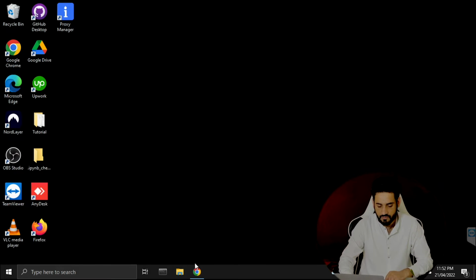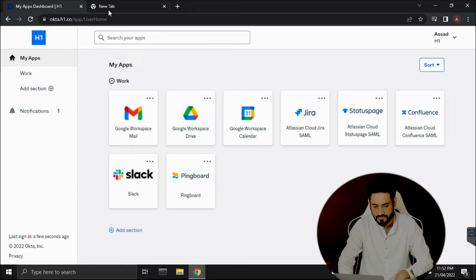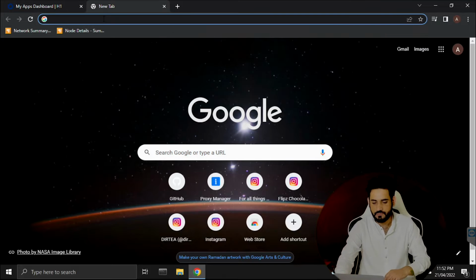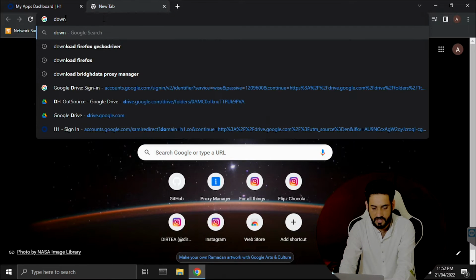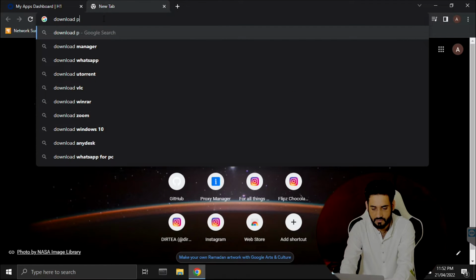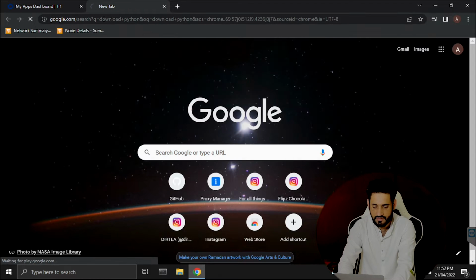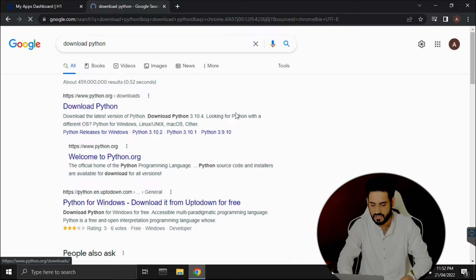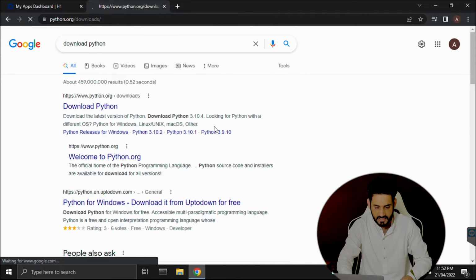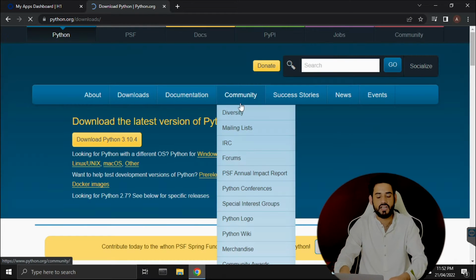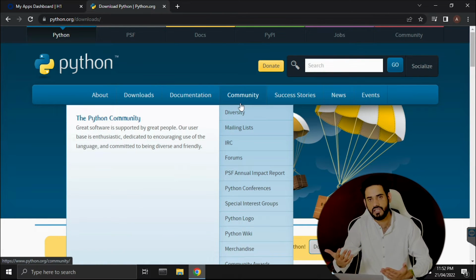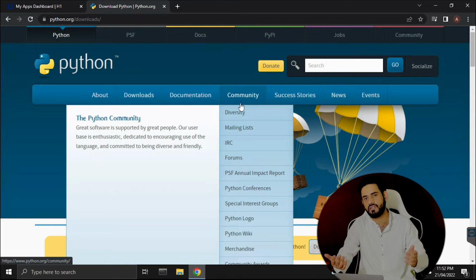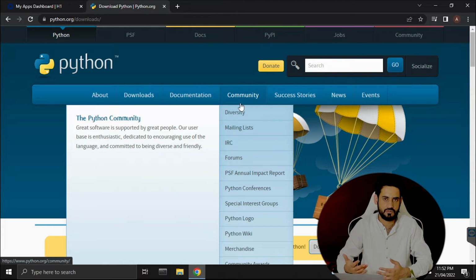Let's open your favorite browser and simply type "download Python". It will by default detect that you are looking for the Windows version of Python, but it will still ask you to choose the version. One more thing: you will have either a 32-bit or a 64-bit version of Windows on your computer. To check that, which is really important,